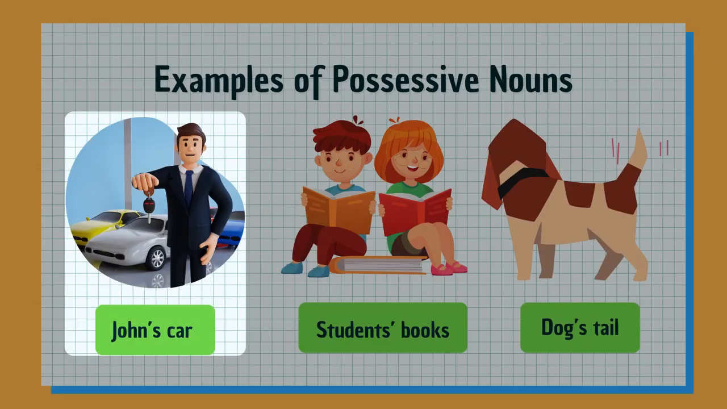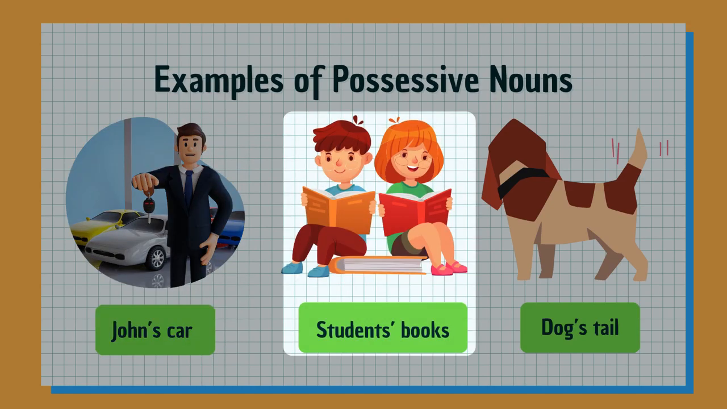For example, John's car, this is a possessive noun that modifies the noun car to indicate that John owns the car. It is formed by adding an apostrophe and an s to the end of the singular noun John. The students' books, this is a possessive noun that modifies the noun books to indicate that the students own the books. It is formed by adding just an apostrophe to the end of the plural noun students, which already ends